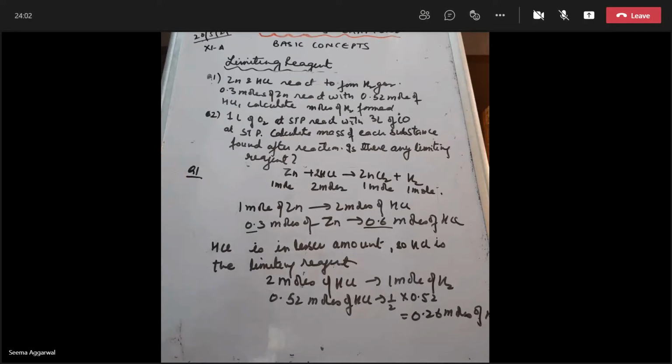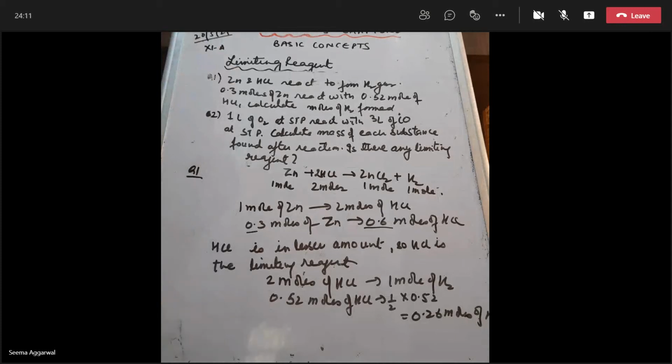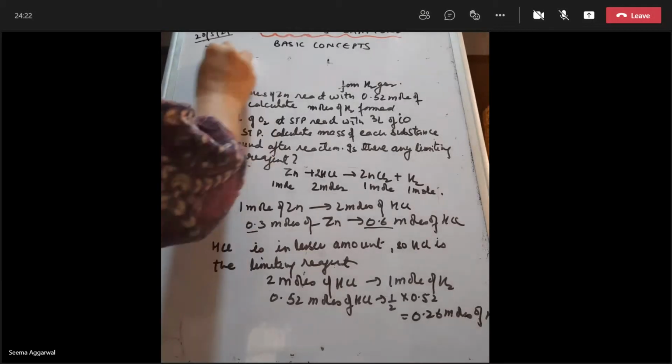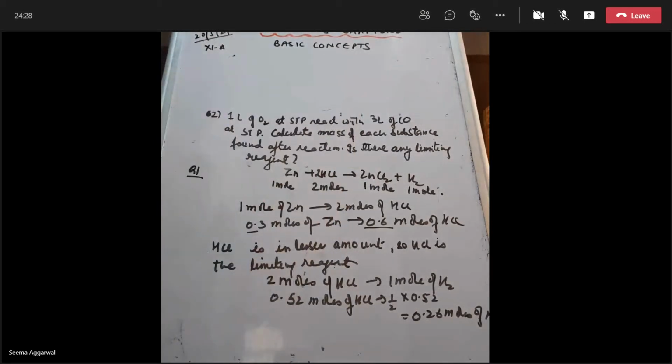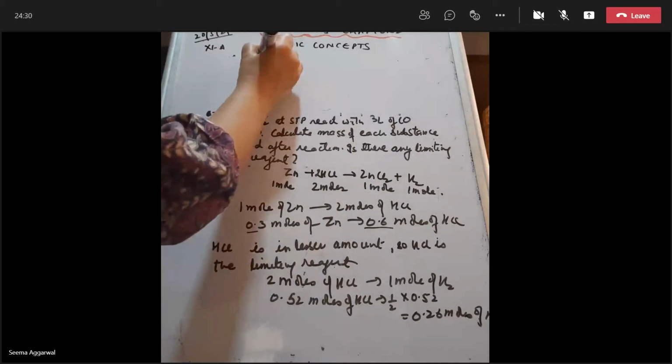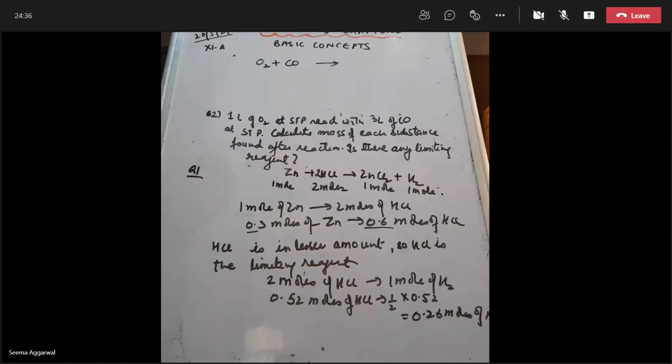Okay. Now we are taking the next question. Just note it down. I am rubbing the question. Should I rub the first question? Yes, ma'am. Okay. Second question, Sanket, can you answer? What is the equation, Sanket? I did not understand the second question. Okay, the question is: 1 liter of O2 reacts with 3 liters of carbon monoxide. Can you tell me what is formed when oxygen and carbon monoxide react? Carbon dioxide. Write down the balanced equation.